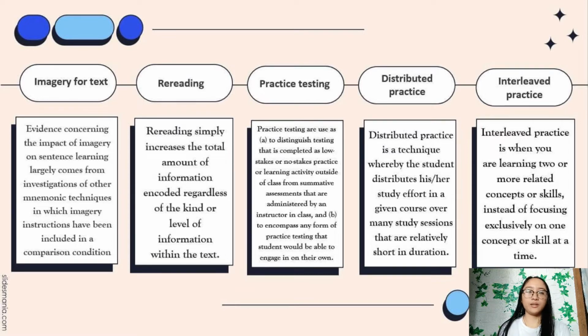Number 7. Rereading. Rereading simply increases the total amount of information encoded regardless of the kind or level of information within the text. The rereading technique provides us an